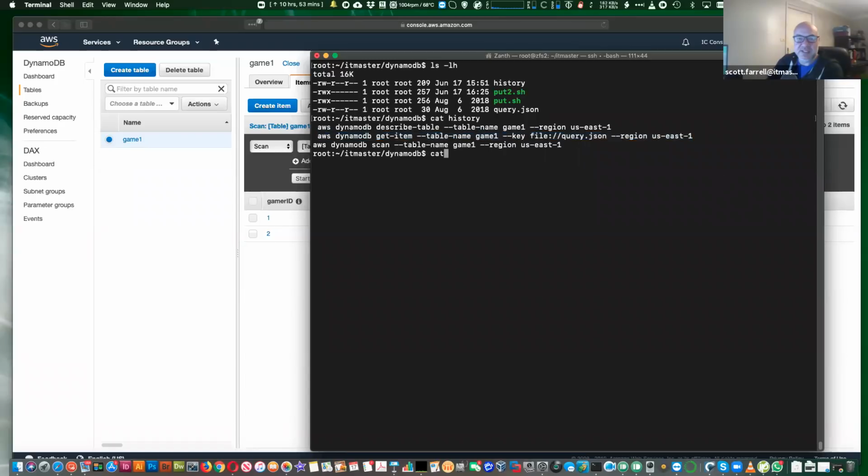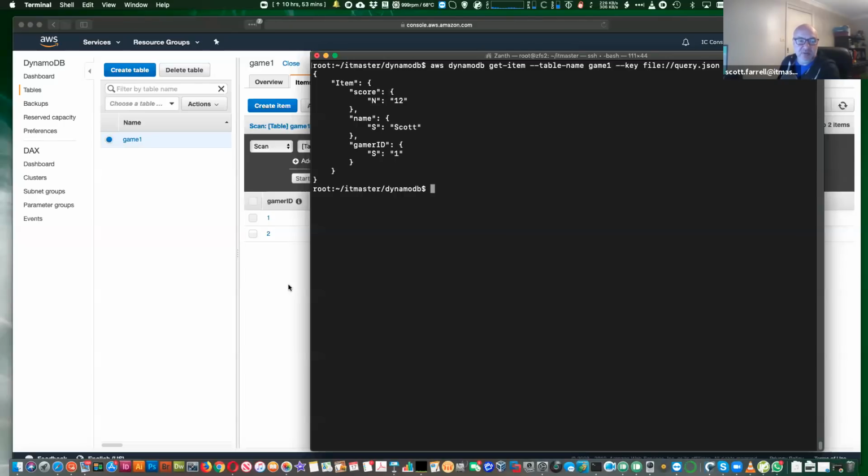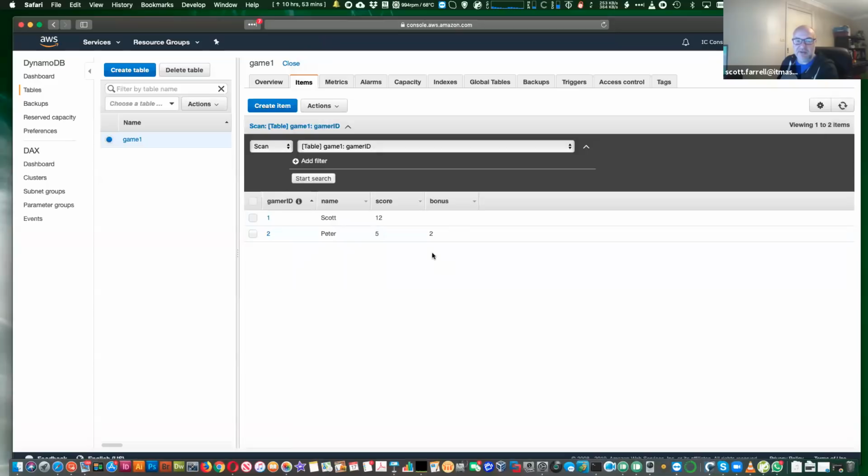So I'm going to run this command here in the middle, and it sends a query, and I've put the query in this JSON file. So here's the query. Go in and show me gamer.id of string 1, which, if you remember, is me. So it's a little bit like SQL. Select where gamer ID equals 1. Select star where gamer ID equals 1, and it comes back with my record. So it's fairly simple, but what I wanted you to see is how I added the column live, and so that the schema can change quite quickly.